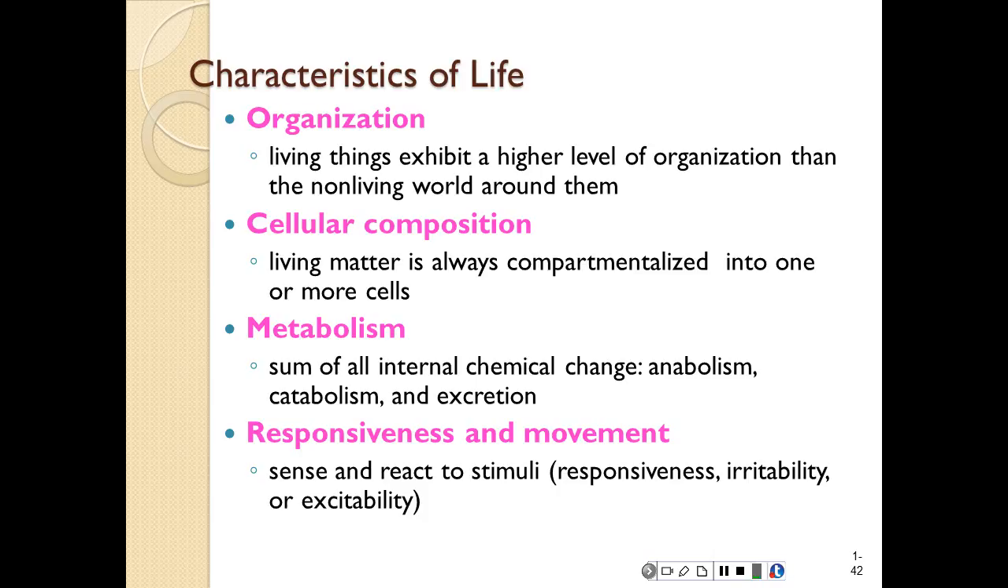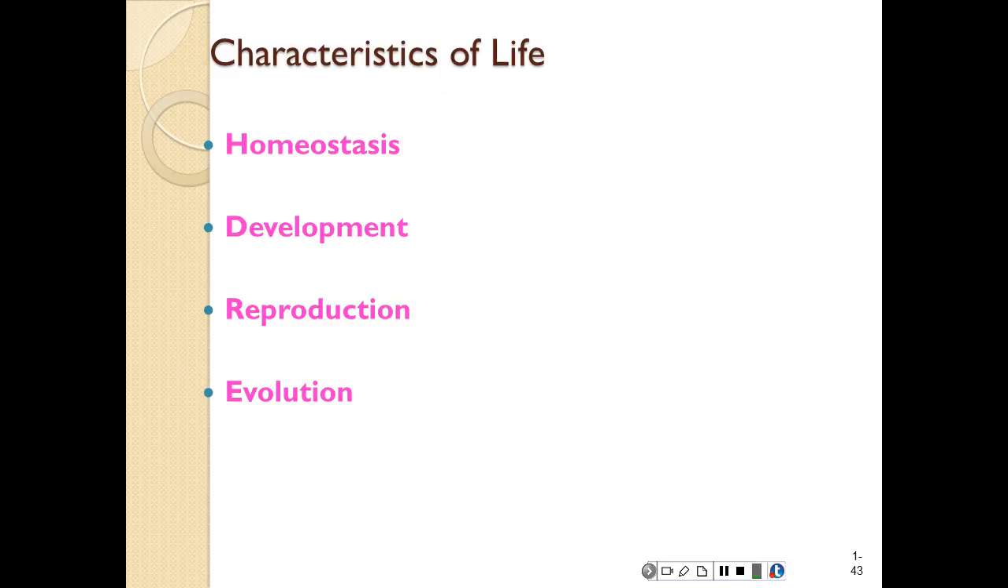So you're going to have responsiveness, irritability and excitability. Now most organisms can move from place to place, or at least are capable of moving materials internally within their bodies and with cells. So here we have the remaining four. We have homeostasis. What is homeostasis? Basically, being able to maintain stable internal conditions